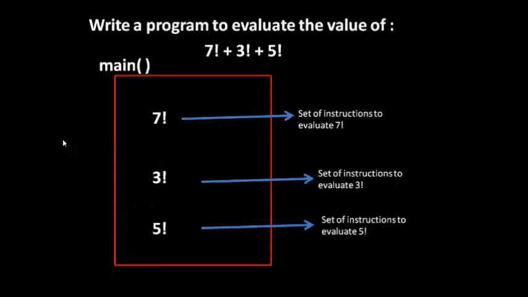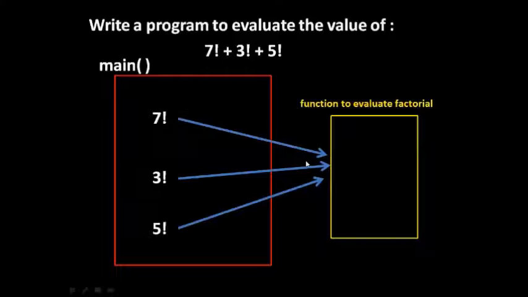So you will find that you need to write a set of instructions performing the same function 3 times. Another option is that you write a function to evaluate the factorial